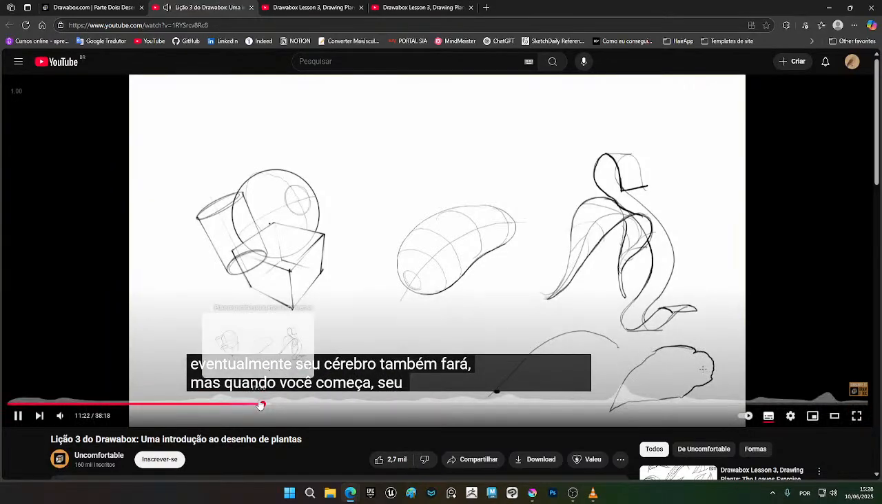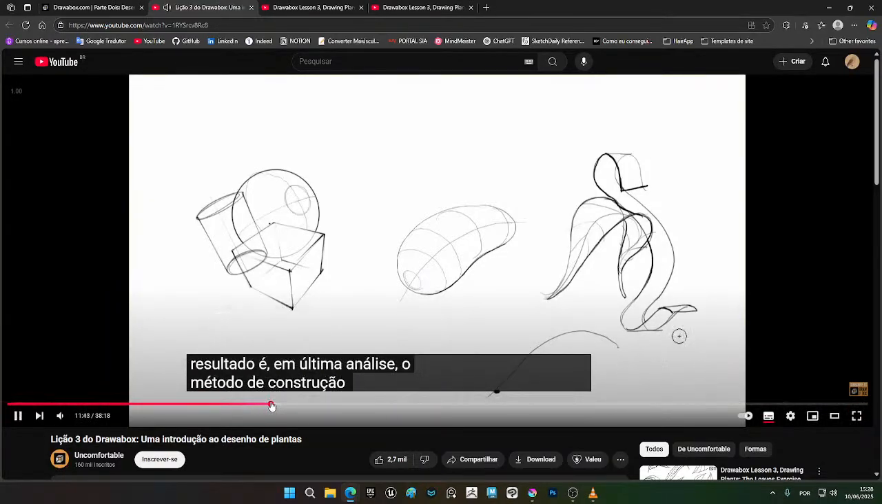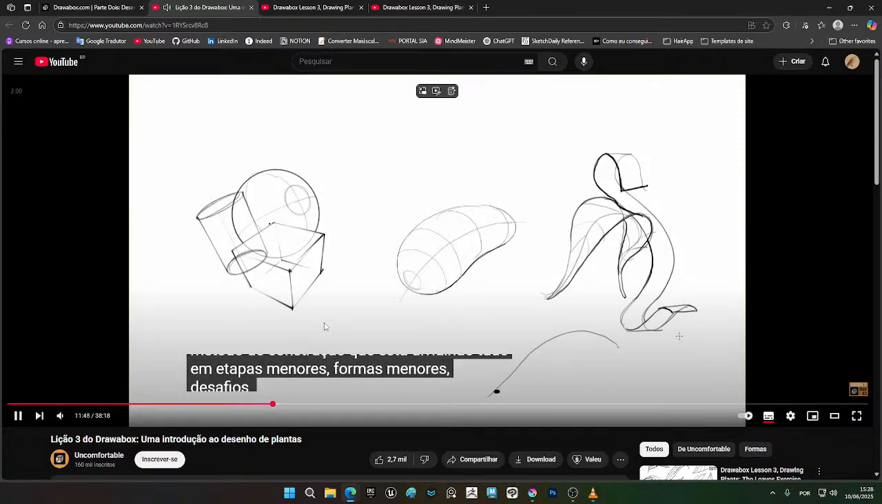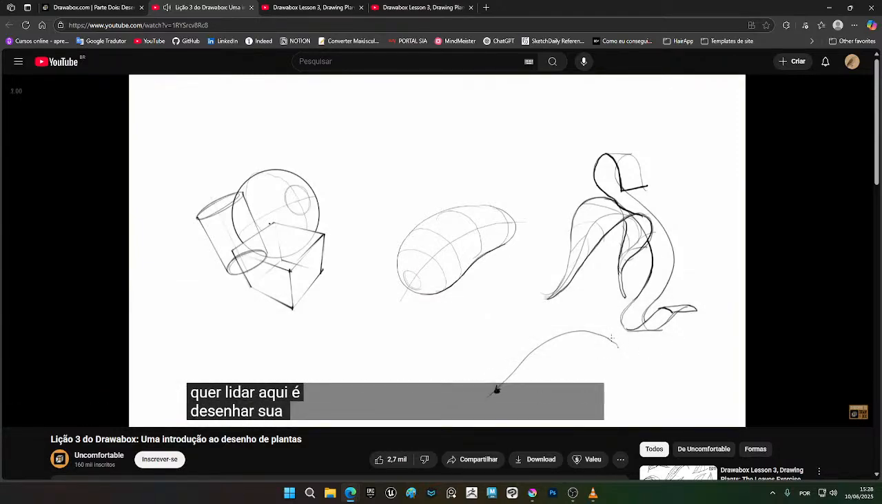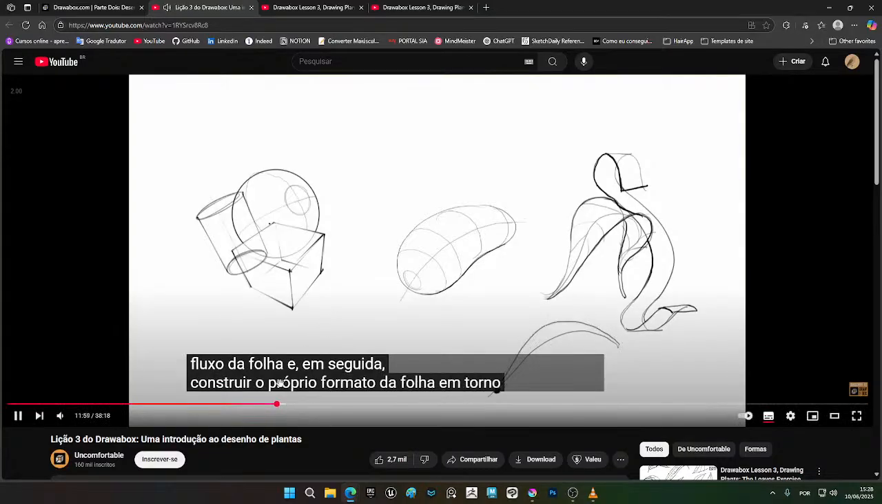But when you start out, your brain is kind of bombarded with all of it, so you want to break everything down into smaller steps, smaller forms, smaller challenges. And so the first thing you want to deal with here is that you want to draw your center line, the flow of the leaf, and then you want to construct the leaf shape itself around that. And then you might add a little